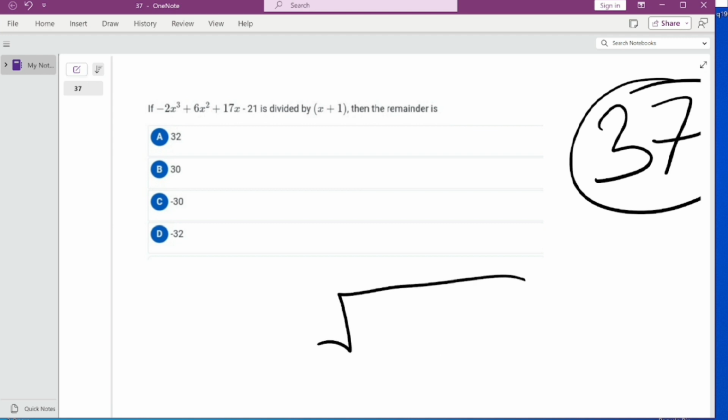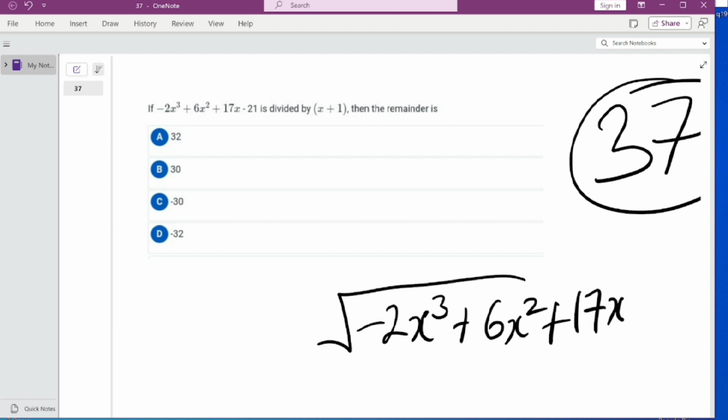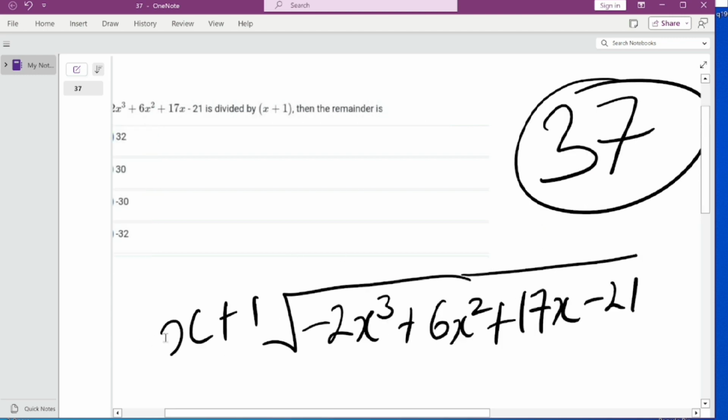So let's have minus 2x to the power of 3 plus 6x to the power of 2 plus 17x minus 21, divided by x plus 1. So we'll look at this bigger value, this x, and look for what we're going to multiply by x to give us minus 2x raised to the power 3. And we know in minus 2x raised to the power 3, we have 1x inside, so we'll be left with